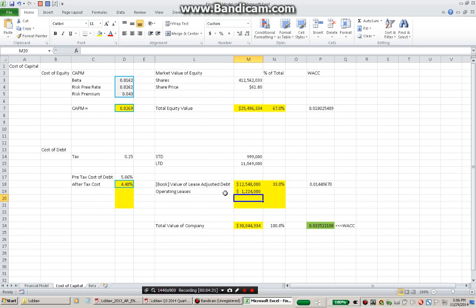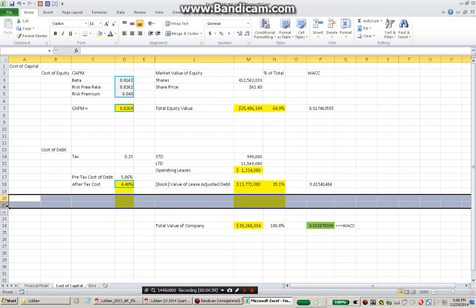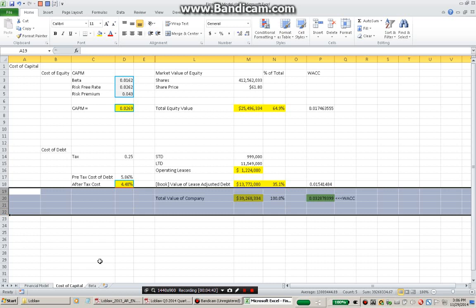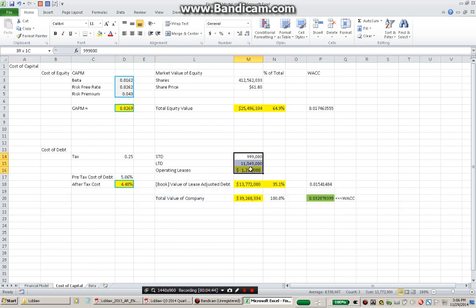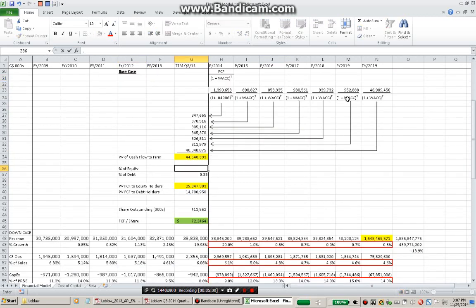So if you want to do short-term debt, long-term debt. So sorry, let's just put this up here. I'll erase this. Okay, so we've got these figures, and this is adding all of them. Okay, so our weights increased, 65 to 35. So I'm going to change that down here. 0.65, 0.35,